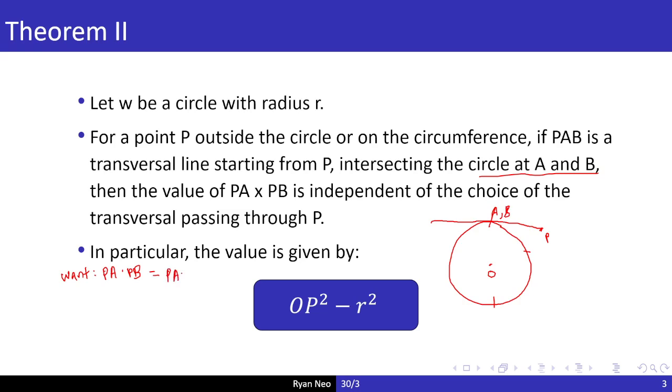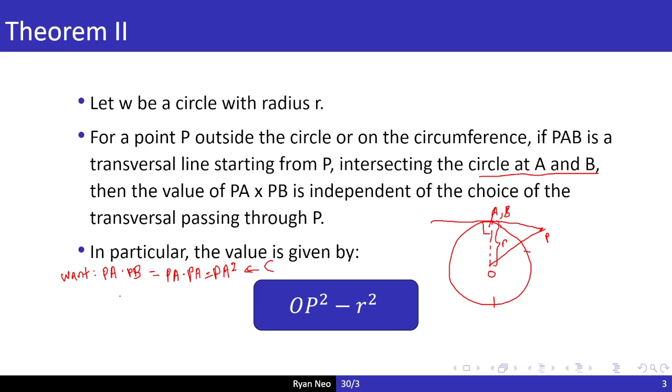So this will be PA times PA, which is PA squared, right? So now this constant would be just PA squared. We want to find PA squared. So if you realize, if you drop perpendiculars like this, this will be perpendicular, right? This length would be R, and OP is this length. Consider this triangle